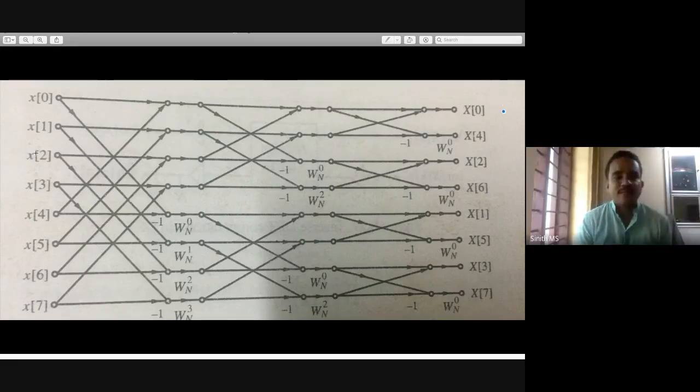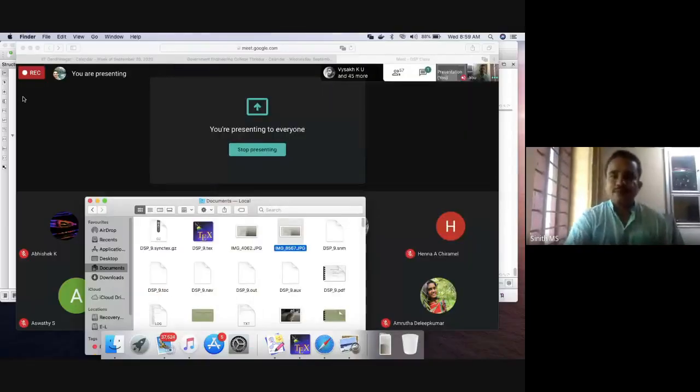Okay, so the decimation is in the frequency domain. For that, what we have basically done is taken the signal xn and split it into two, not as even and odd terms, but the first n by 2 terms into one, and the next n by 2 terms into the next. That automatically makes the frequency decimated, or the decimation happen in the frequency domain. So this is why it is called decimation in frequency, DIF. These are the basics of the decimation in frequency algorithm.